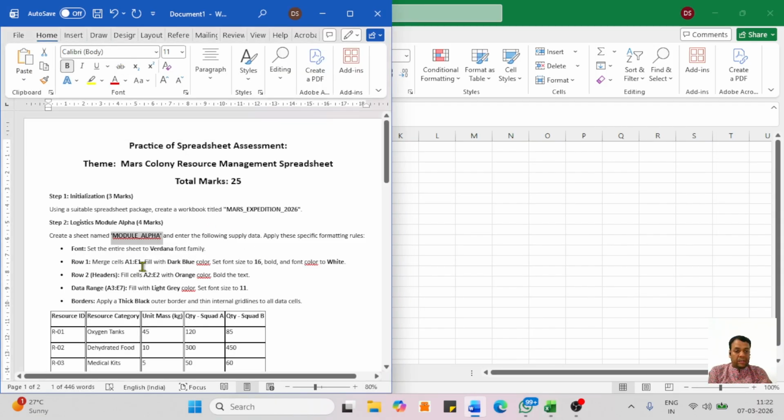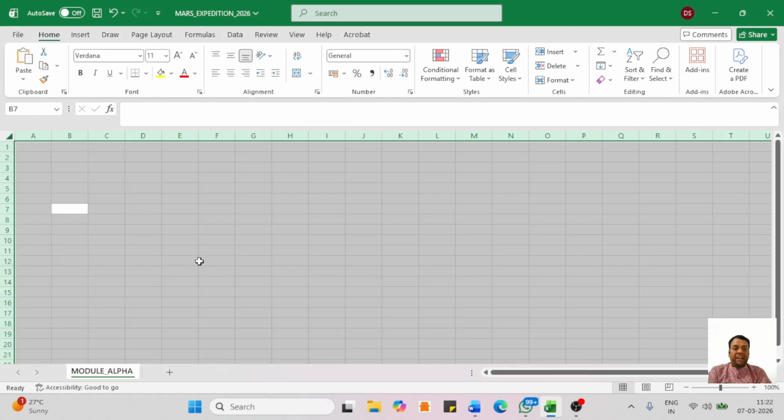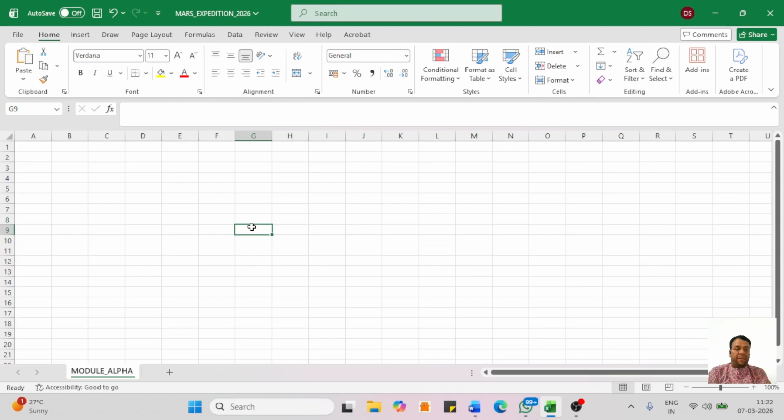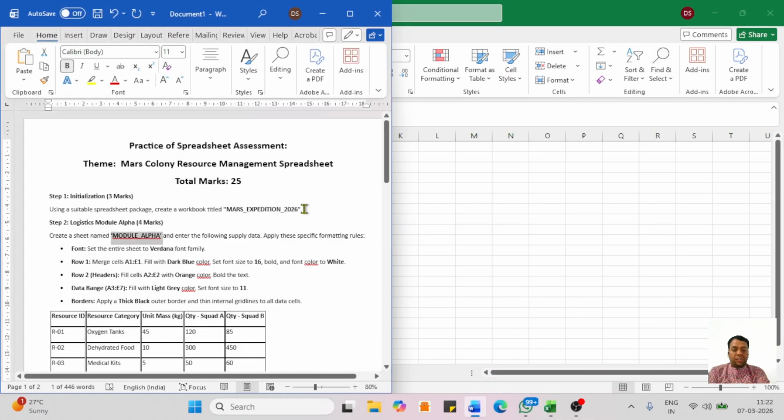And they have not mentioned any particular size. So I have applied it, and the entire Excel sheet will be typed in Verdana font. So wherever you click in a cell, only Verdana font will appear. Okay, now the next question is